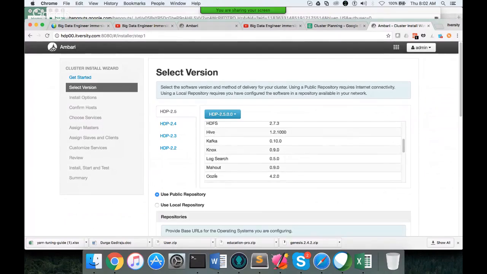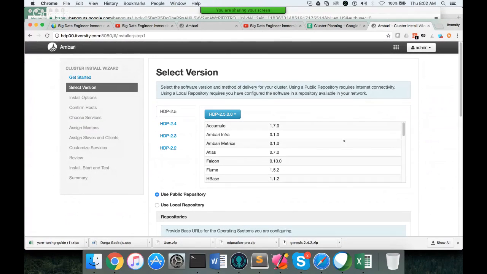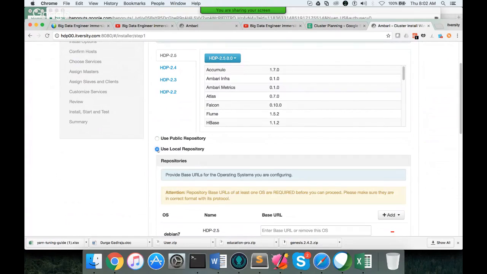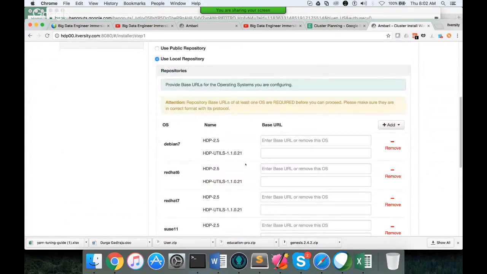So here these are the components which will be downloaded or installed. This is just for informational purposes. And here if you want to use the local repository, you should choose this one. And our operating system is